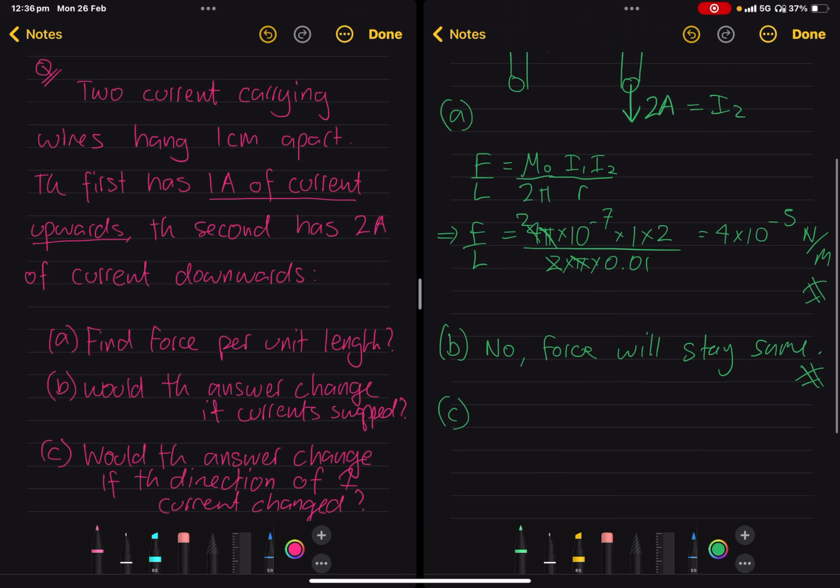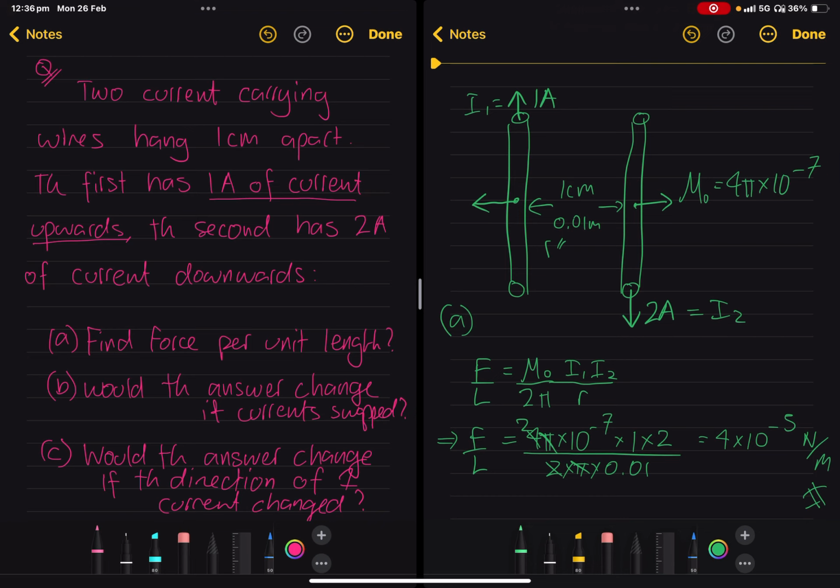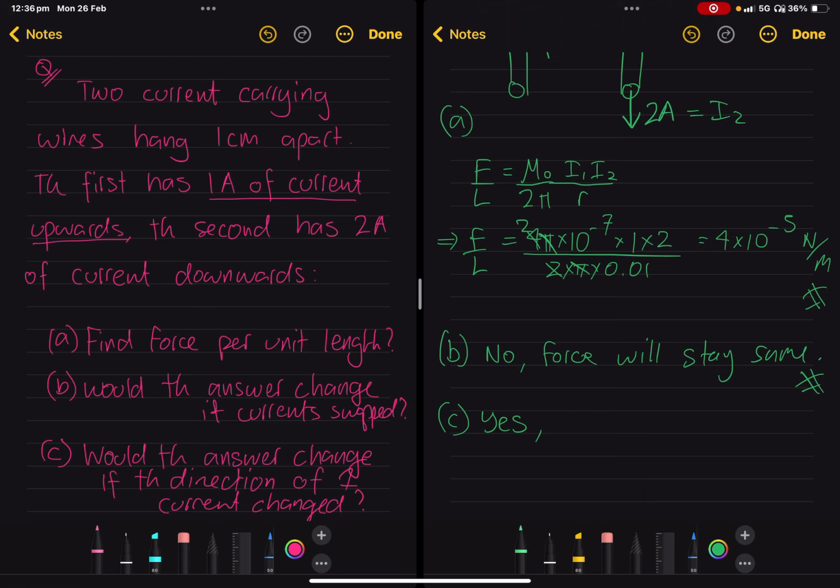And then part C, would the answer change if the direction of one of the currents changed? This is a little bit more complicated. The answer is yes. The magnitude will not change. If one of them changed direction, they would then be in the same direction, they would then be attractive. So would the answer change? Technically yes. If one current direction changes, the force will become attractive